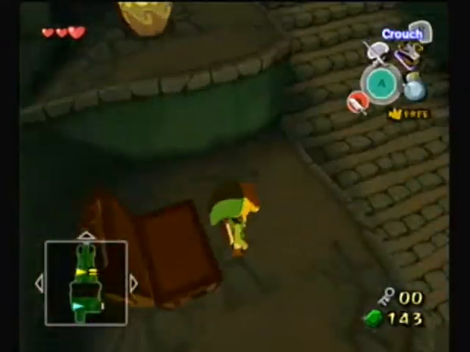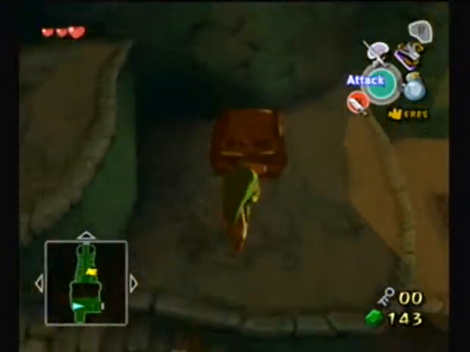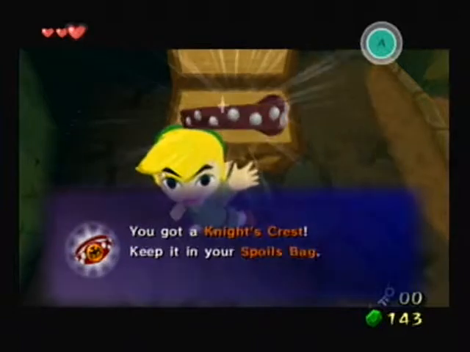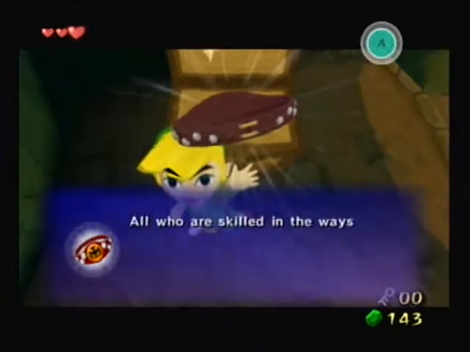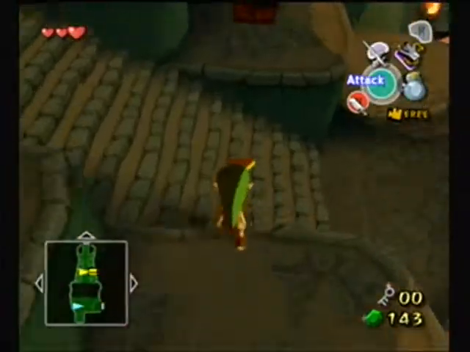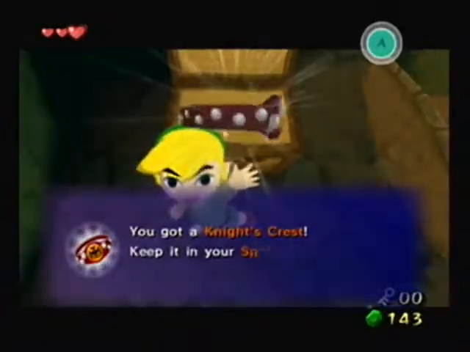So see, what I want to do is not have to go out of my way, since this is my first time going to 100%, and find those needless chests where rupees I can get later. Here we get a Knight's Crest. This is another collectible, a very rare collectible, and it's a very useful one at that. But because it's so rare, we're going to have to make it a very big point to...